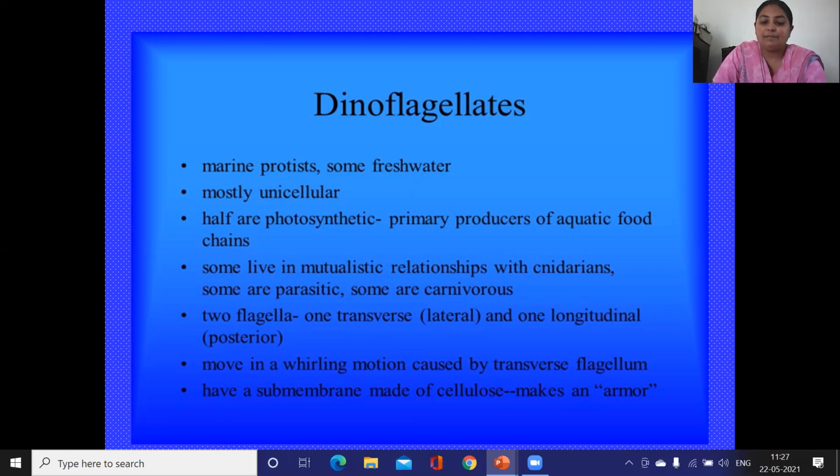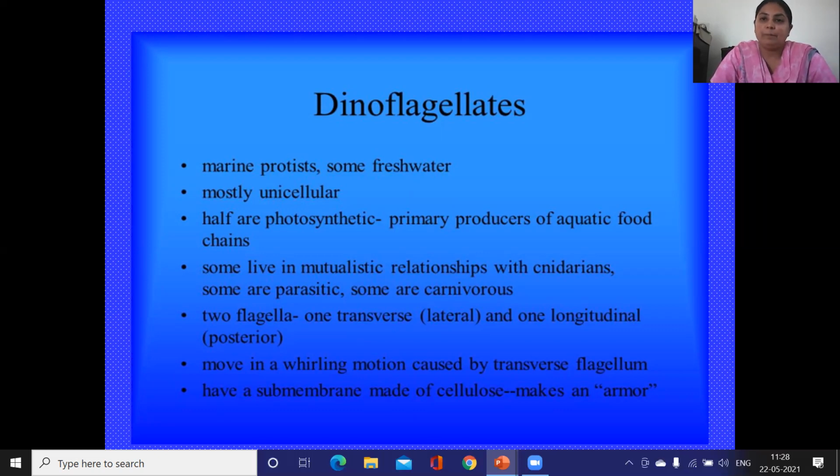And one of the important types of dinoflagellates, such as Gonyaulax, has a very rapid rate of multiplication. So sometimes when you see the water currents rising in the ocean, it appears red in color because of the rapid multiplication rate of Gonyaulax. And another thing is that they produce toxins, and these toxins are very poisonous. By these toxins, they can even kill larger animals.